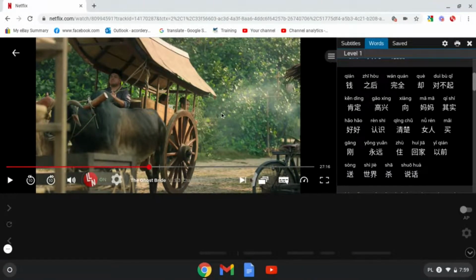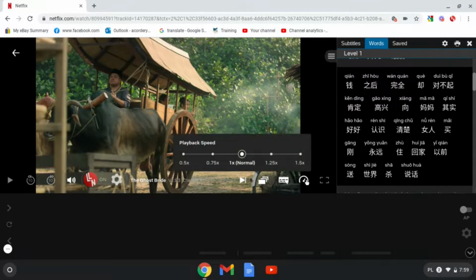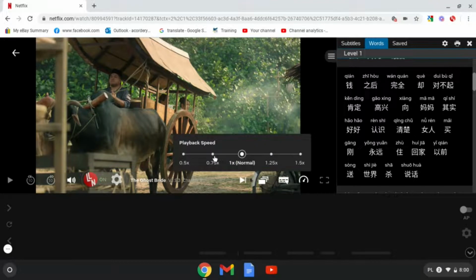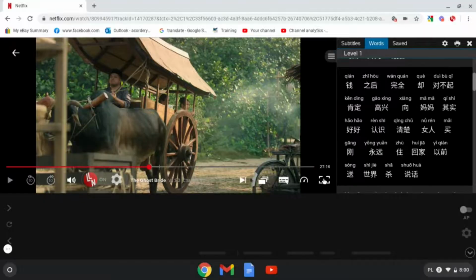You can also slow the film down if you want to. So there's a speed button here. And if you're having trouble understanding, then you can slow the film down to half speed or 3/4 of the speed. You can also speed it up if you want to. You can have a full screen,